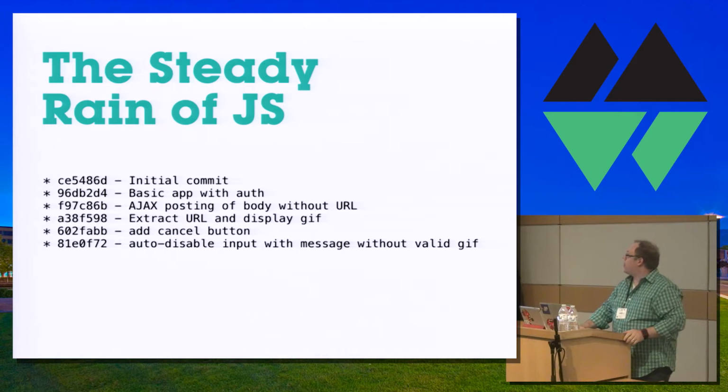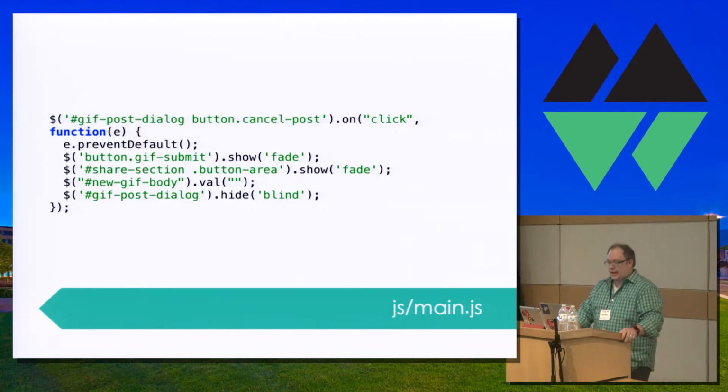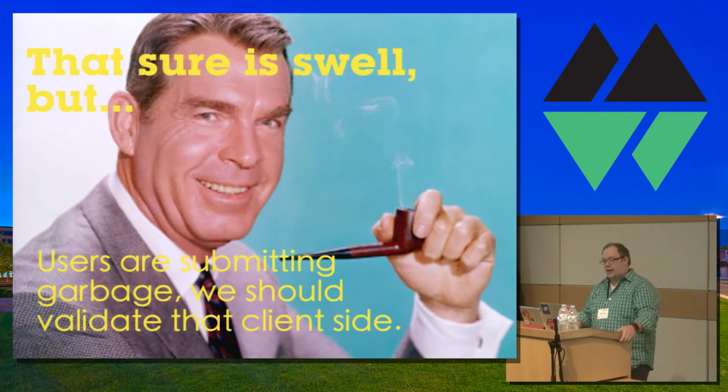So your project manager comes by and he's super happy, right? He says, great, users are happy, but I've got another idea for you. Users kind of want to be able to cancel that window and close it out and zero that form out. All right, this is a very small feature, so we happily oblige. We dutifully implement the cancel button and zero out the form with jQuery. All right, so now users are hitting submit, though, on empty and invalid forms. So we gotta validate this a little bit.